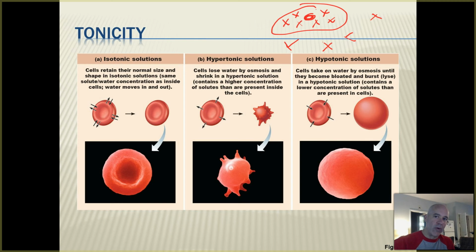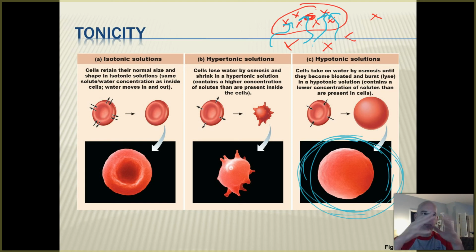The water is going to diffuse by osmosis across the cell membrane to try to balance out those solute concentrations on each side. So in that case, water is going to flow inside the cell. The cell is going to take up water and it's going to swell. And if a cell takes up too much water, it may burst, or lyse is the term for that